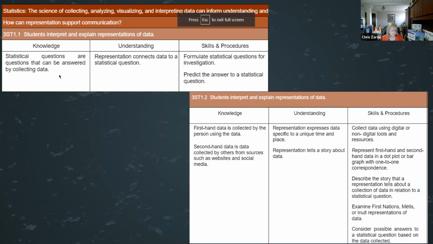All right, so the other piece that I wanted to unpack was statistics, because we said we would leave that until the end. So in grade 3, well, maybe we'll backtrack even a little bit. In grade 1, students are asked to generate a good question, get some data for their question, and then plot their data onto a dot plot. They're not asked to interpret or explain or do anything of that nature. Now, in theory, that's where they're supposed to leave it. We've talked about that with the grade 1 teachers and said, you might want to have a very brief conversation. If you're going to take the time to do a dot plot, then you don't just walk away from it.